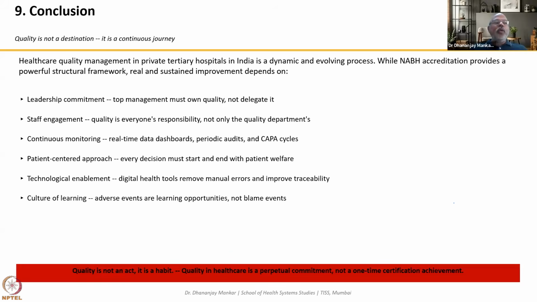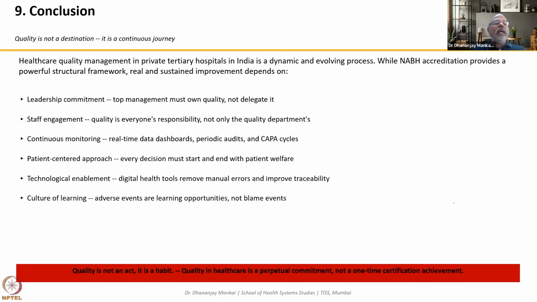Okay. See, you don't have to come up with a blame culture that this particular person has caused this. Ideally, the people who are soft targets in the hospital are the nurses and the other healthcare professionals, and they are not the ones who resist more against adopting the culture of quality. It is more with the top clinical governing people, that is the doctors. So learning culture for all people is like assembling, adjusting, and improving. These are the three mantras that I can see when you have to build the culture of learning. You need to take this ahead.